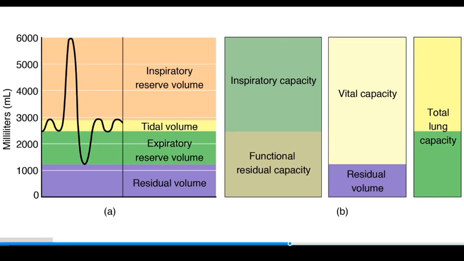If you're breathing along normally and then just clear all of the air out of your lungs that you can, so you can't exhale anymore, you're using up the expiratory reserve volume. Now, if you clear out your lungs of all the air that you can, you're not going to actually empty your lungs completely. That's because you can't have a vacuum in your lungs. You have to have some air there so that they don't collapse in on themselves completely, and that's called the